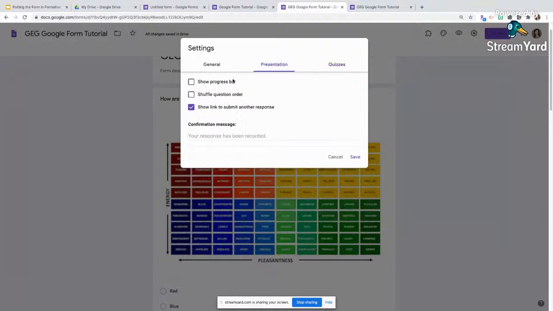In presentation mode, you can show them the progress bar, depending on how long the quiz is. Shuffle question order: the thing about shuffle question order is it depends if you're using images or videos. If you're using images and videos in your quiz itself, I wouldn't recommend turning this on, because then the image gets shuffled with the question. That's going to be challenging for the kids to find the image. So I would turn this one off. Show link to submit another response. This is if